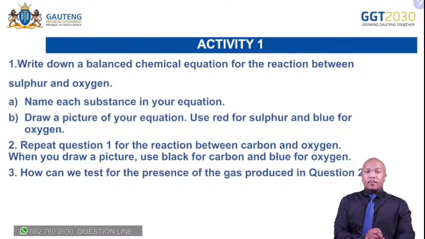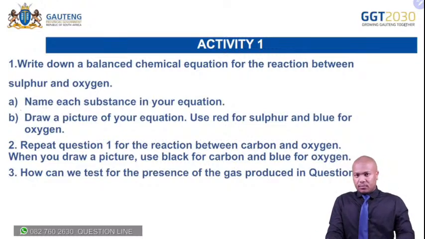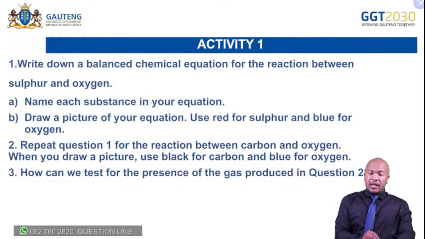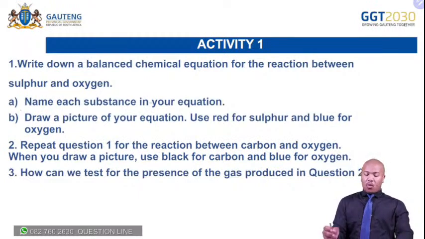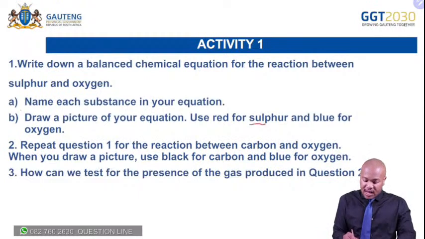Number 1A, name each substance in your equation. Then B, you draw a picture of your equation where you use red for sulfur and blue for your oxygen,